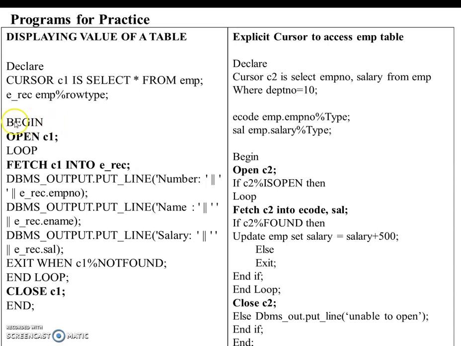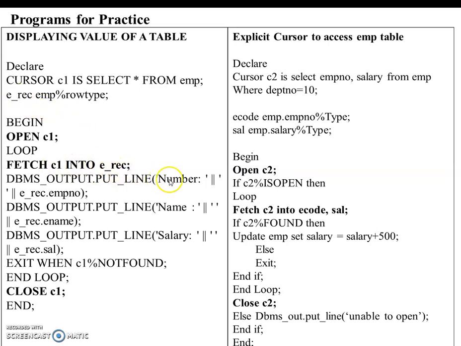After the BEGIN section, I need to open the cursor by its name. My cursor name is C1, hence OPEN C1. Next, I am going to perform a loop task, hence I have given a LOOP statement. Before entering the loop, I must fetch those cursor values into a variable, and that can be performed by using this statement: FETCH C1 INTO eRecord, the variable name.